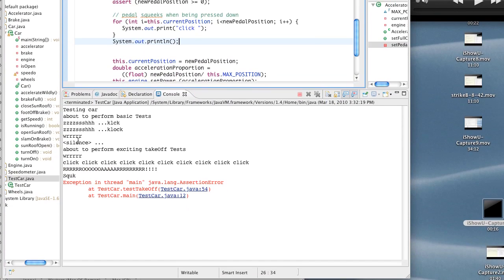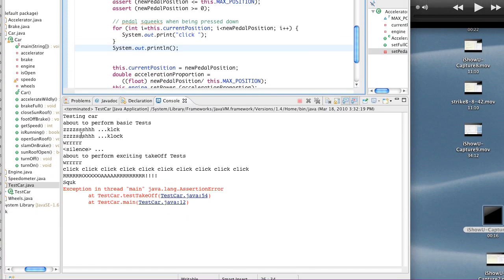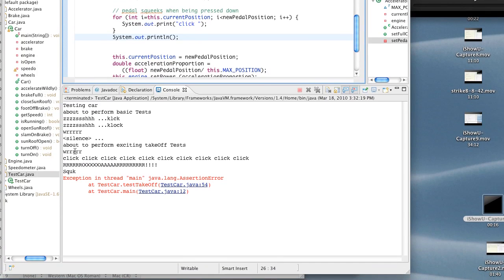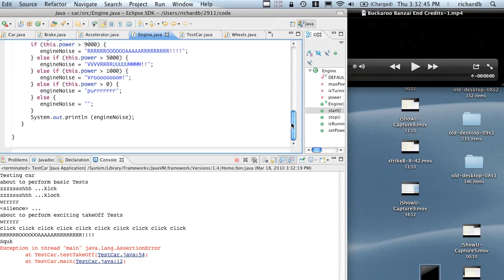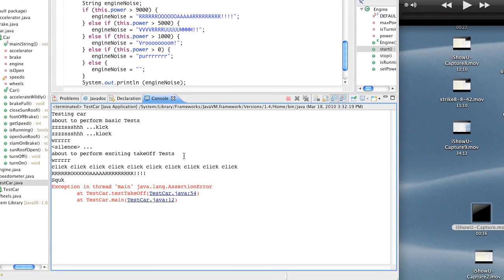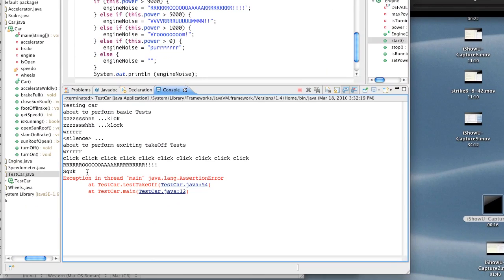Okay, let's have a look. Basic test worked fine. Exciting test. Turn the engine on. Click, click, click, click, click, click, click. We've jammed the accelerator all the way down, and so the engine now gets a message, and it goes roar because it really is now at 9,000.01. Is that right? That's the right sound for 9,000.01. Where's our engine? When do we roar? Yep, that's over 9,000. Then we've got a squawk. Squawk. That's the squeaky